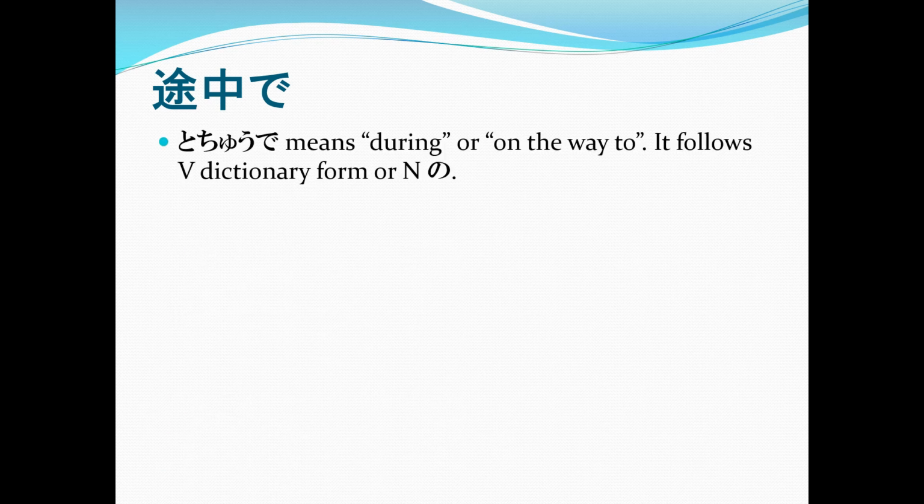Now, let's talk about tochuu de. Tochuu de means during or on the way to. It follows a verb in dictionary form or a noun plus no. Again, when you want to use tochuu de, be sure that your verb is in the dictionary form and your noun is followed by no and then tochuu de. Example,